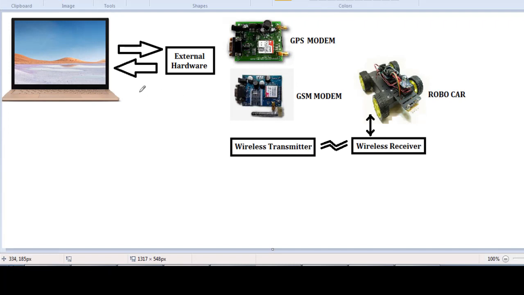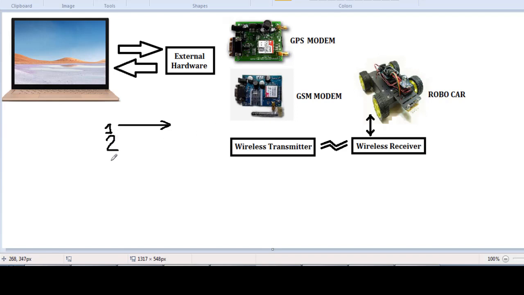This is the application that we have considered here. We have created 4 buttons: forward, up, down and backward. When you press the up button, it will send one character to the robocar through the serial port. The receiver will detect it through the serial port and RF receiver, then the robot will process the data according to the character received. If character 1 is sent, it will read the data and move its motors in the forward direction. It will change its location according to the command sent.